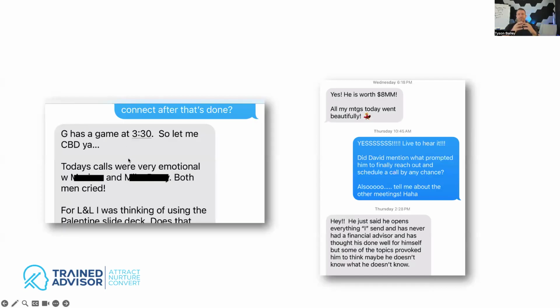I love that, not from the aspect of them being in financial pain or opening up about what's going on in their lives or things like that, but I love that they felt comfortable enough with the advisor to open up. Now, in today's world with AI and technology and automation and all this kind of stuff, there's a lot of people out there who are trying to over-engineer the process to create as much efficiency as possible. Now, I love AI. AI is not a bad thing, but don't forget that when it comes to high-value clients,